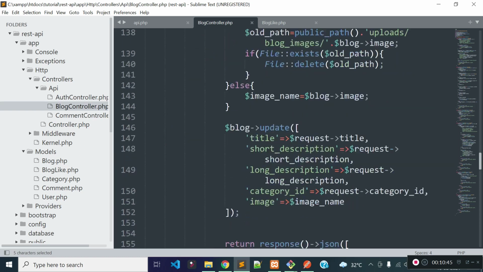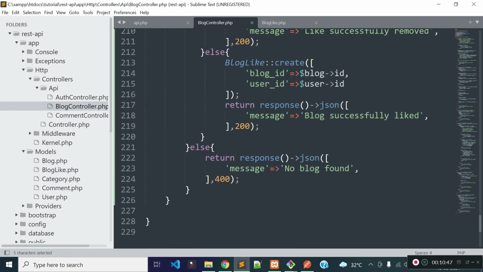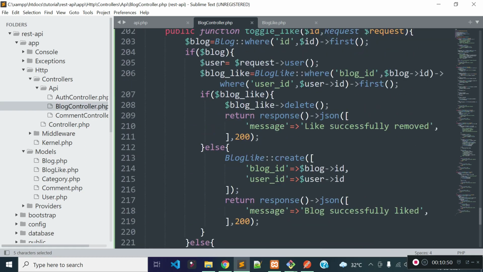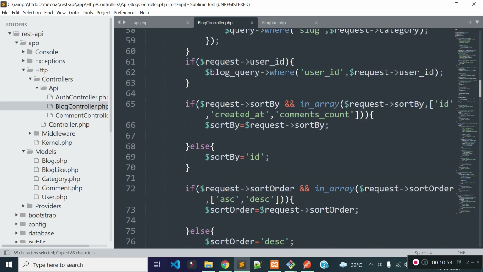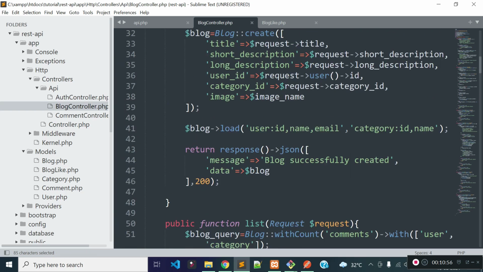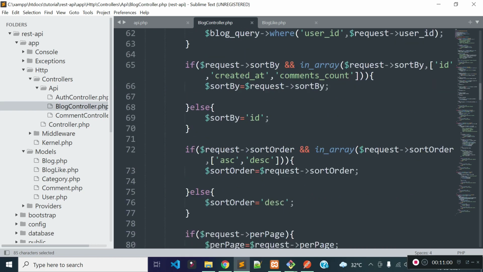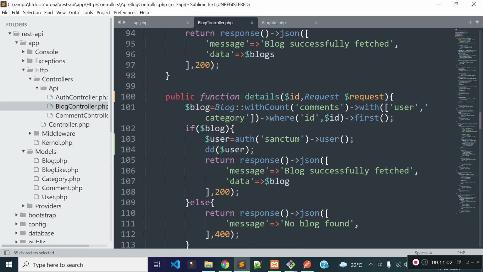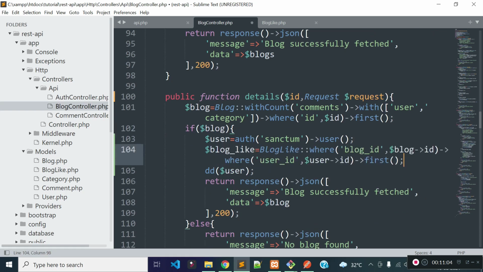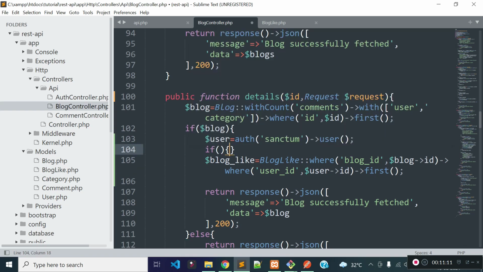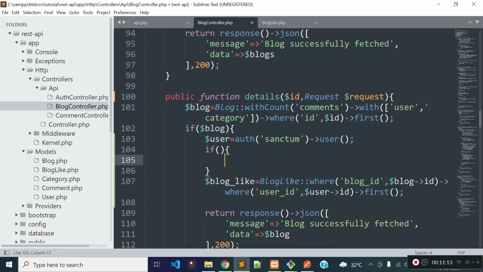We can take the code from our toggle like functionality. Let's copy these lines of code from here and paste them inside our details method. The first thing I will check is whether the user is providing an API token through the authorization header or not.